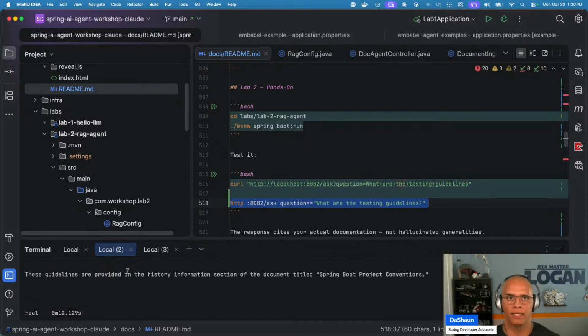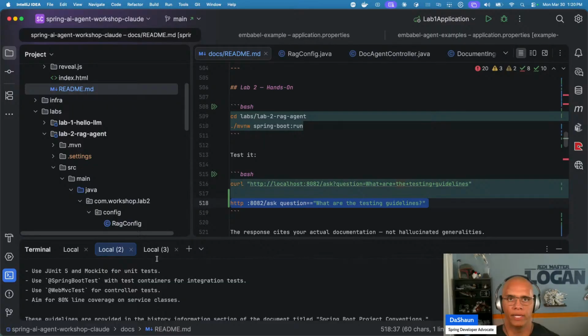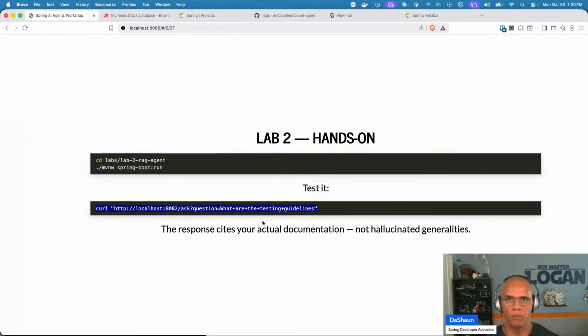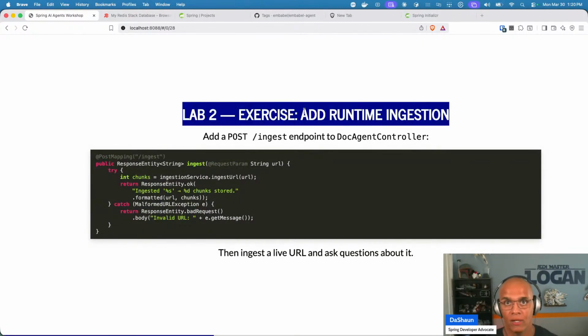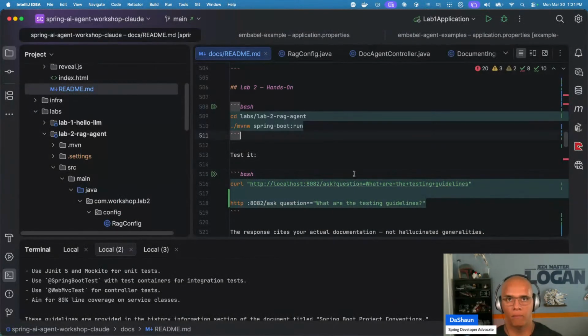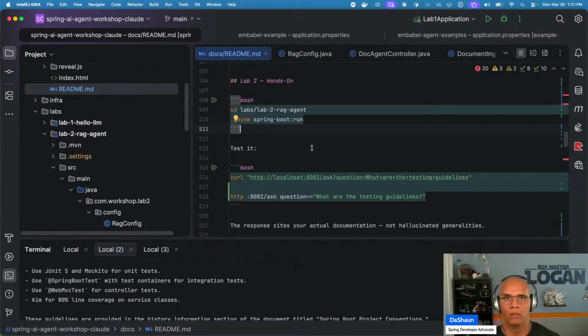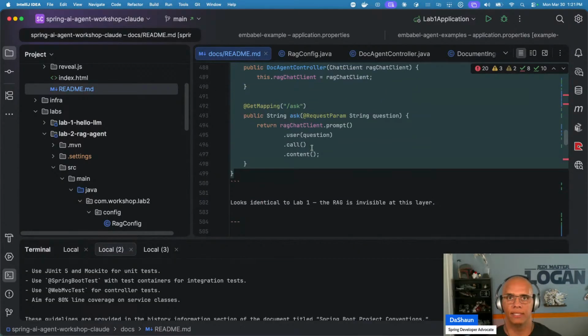I didn't have to think a whole lot, but we got our good guidelines. So, boom. So far, so good. Response. It cites your actual documentation, not hallucinated generalities. So now we're going to add some runtime ingestion. So here, I think before that, what I was having them do in the previous version of this is, hey,